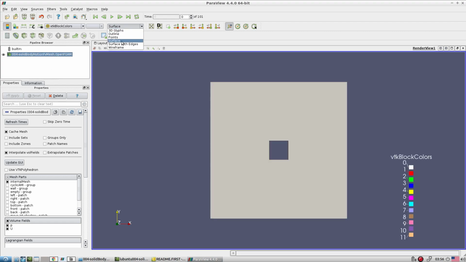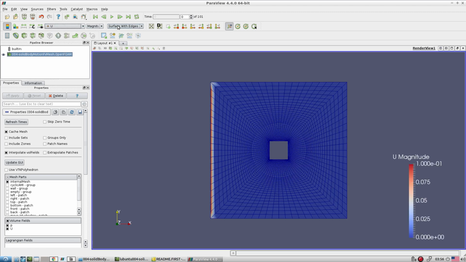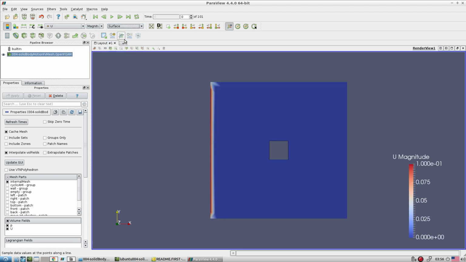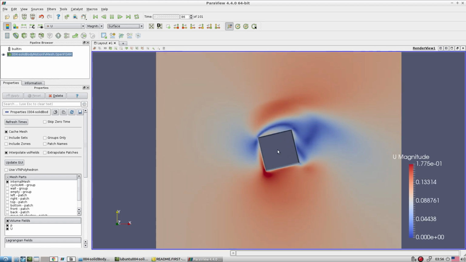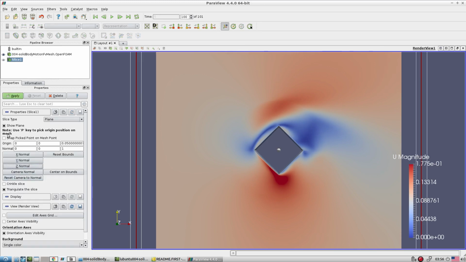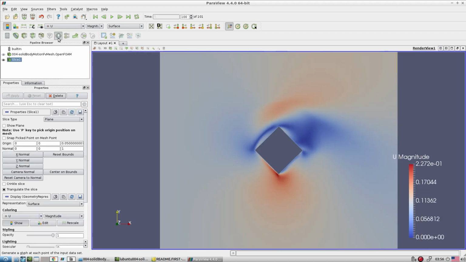Apply the motion. First check how the motion is going on. It's simply rotating, fine. Now just check the field. When it is rotating, it tries to trigger the vertices from the corner, so that is what is exactly happening. Let's cut the plane to have an idea about the vector configurations.